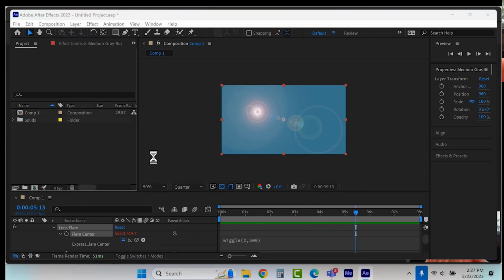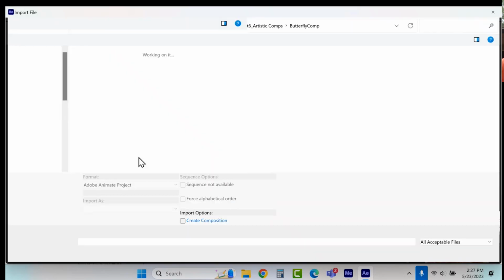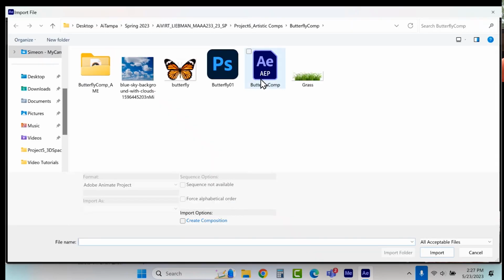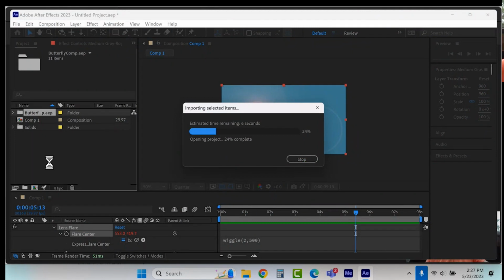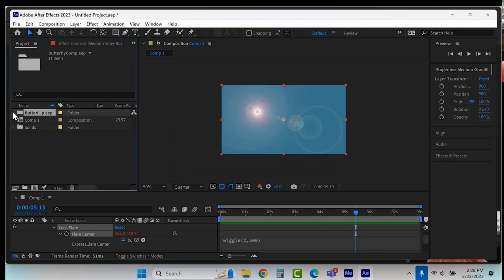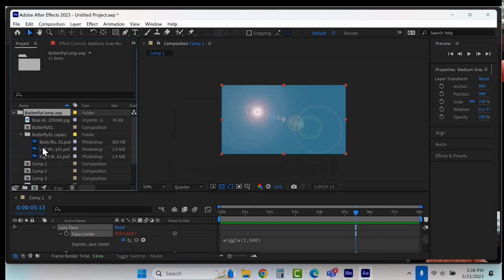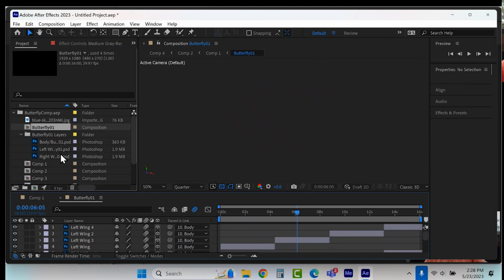Now I'm going to bring in just the beginning butterfly, not the complex butterfly. Import. So that would probably be the butterfly composition itself. Yes, I had to stop this rendering as well of the video because it said something like 2 hours. Okay, so I'm going to go butterfly 01, but I'm going to double click it because